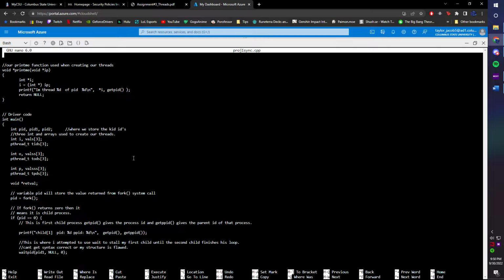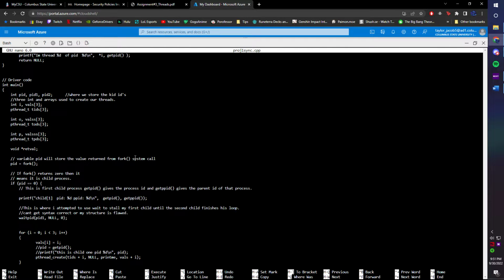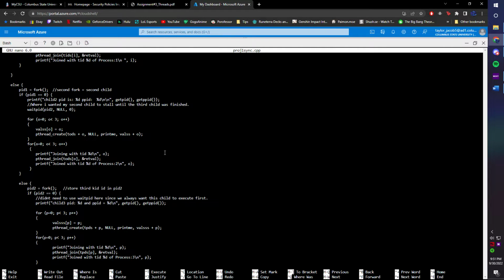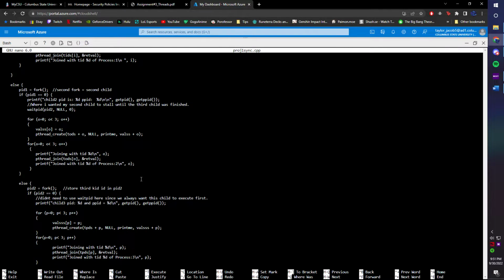inside of the second child, the first child, and then the parent to help stall them. I'm pretty sure, and I obviously read up on it, just to be clear, that waitpid stalls that process until you meet the requirements in the arguments for waitpid. So the first place that I used it was here in the second child,